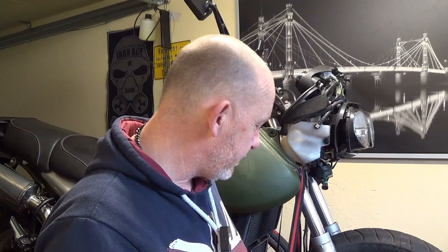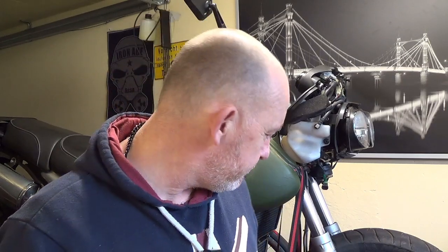I'm not going to change the brake calipers, I'm going to change my brake pads on the calipers because, sorry for looking a bit distant there, I was actually thinking of something else, because I'm going to change the brake pads, but I won't be putting the calipers back onto the bike because the wheels are coming off to get new tyres. Going for some Pirelli Scorpion STR rallies. So there's no point in putting the calipers back onto the forks, but I wanted to just change the brake pads because